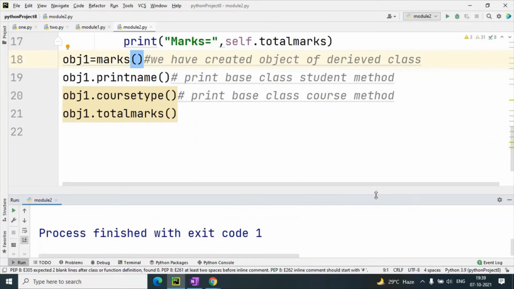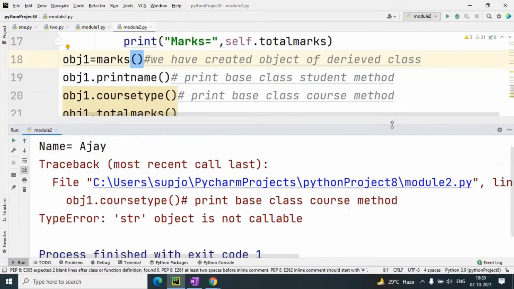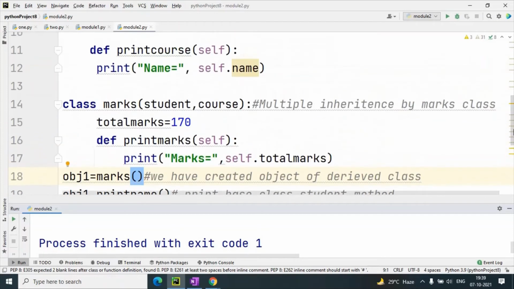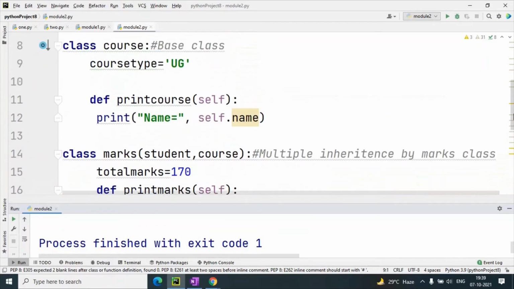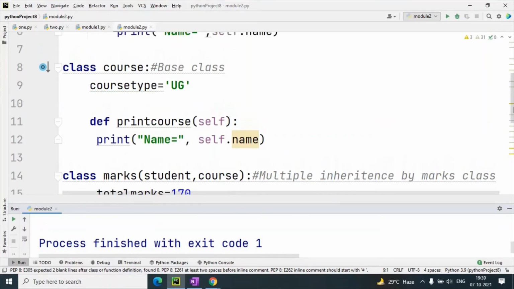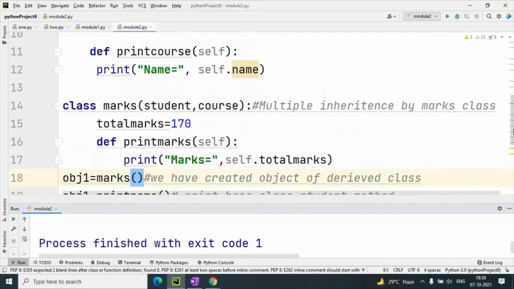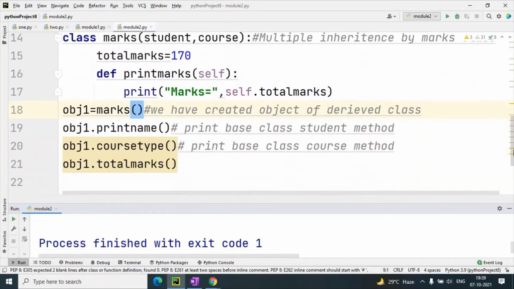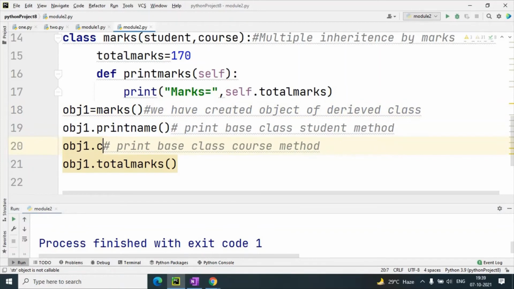Which one method? Course type, sorry, it is not a method name, this is a property actually.